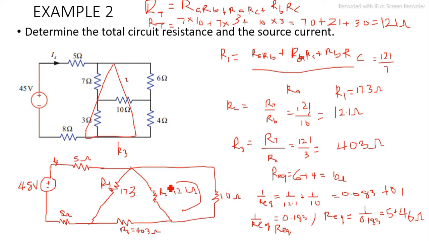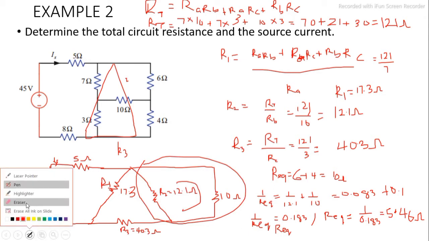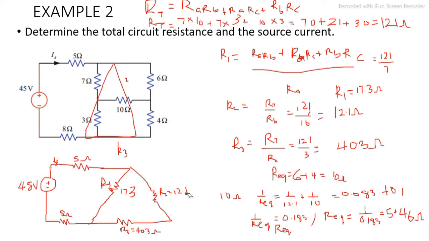So for this two loop, we got 5.46. So we have to replace this two loop, this wire here, with just a single resistance, which is 5.46. So let's do that. So that two now, we replace it with just one single resistance. So the combination of these two that we calculated just now gave us just one resistance, which is